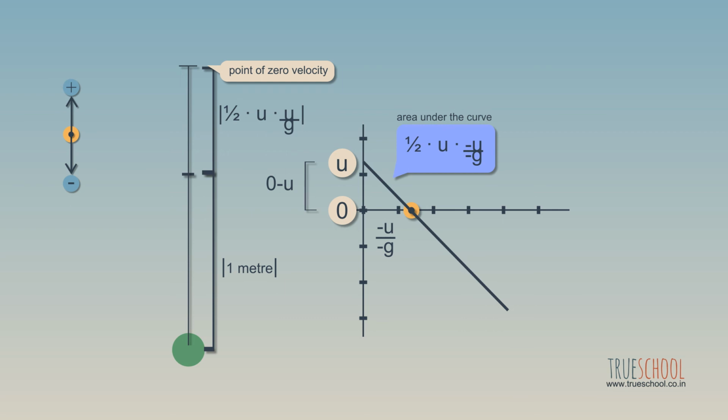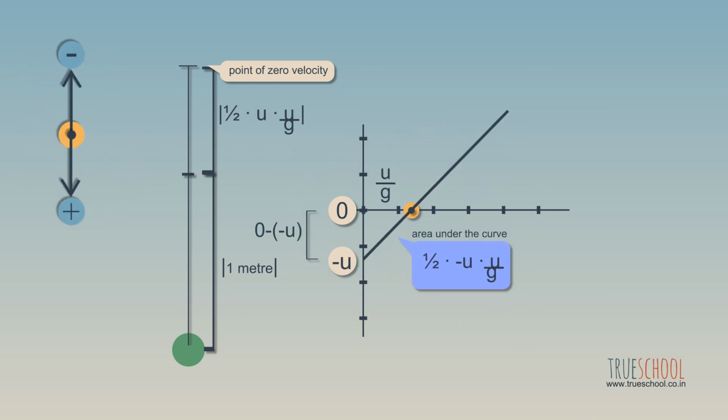But additionally, you should know that the sign convention we took is not a hard rule. We could have taken the downward direction as positive and accordingly the displacement